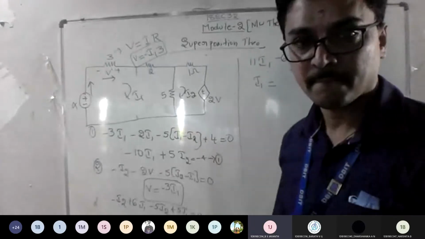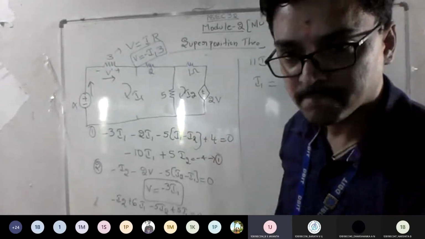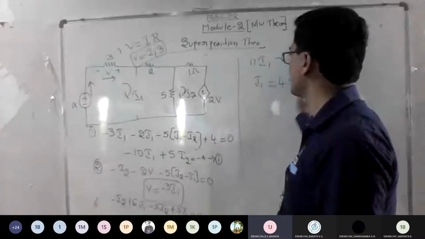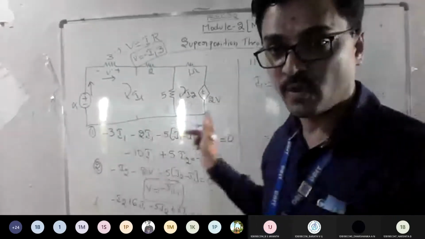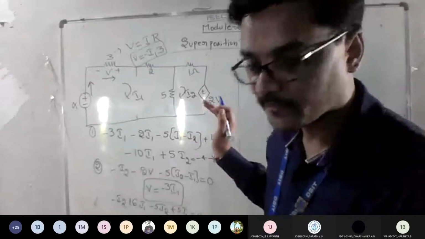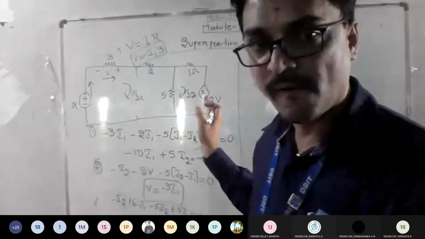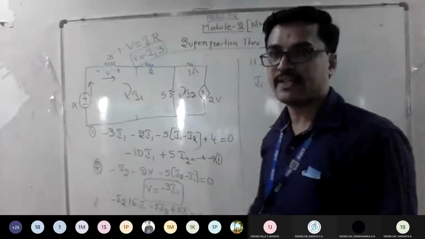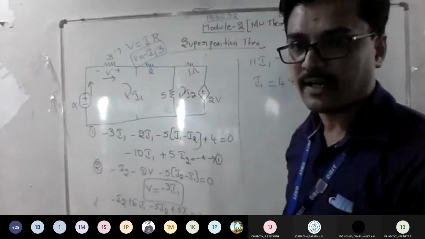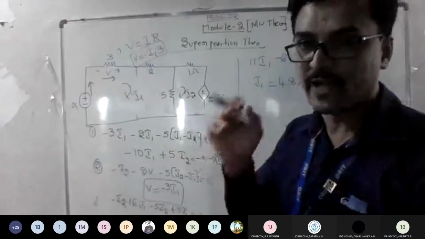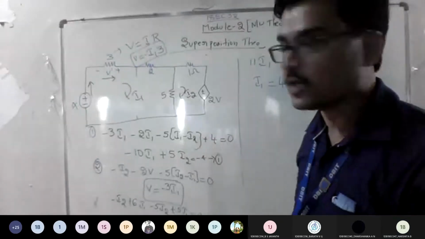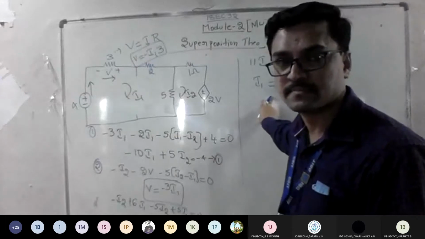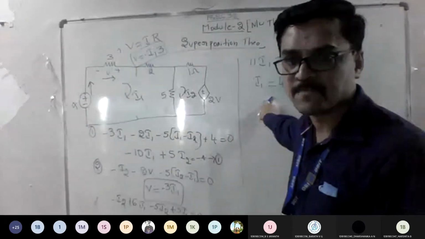How much will you get? Sir, I1 is equal to 4.8 amperes and I2 is equal to 8.8 amperes. Someone told 1 point something, just check. Is it correct now? Yes, sir. Write the equation properly and make sure you do alignment in I1, I2 fashion. So after solving, you will get 4.8. Is it correct, everyone?